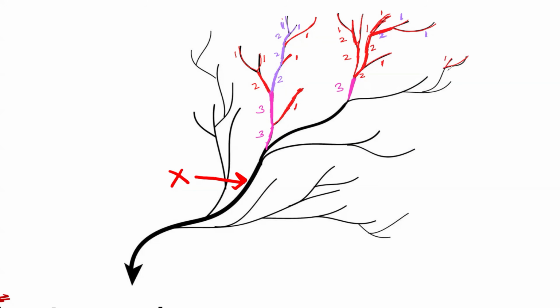So stream order 1, they form stream order 2. Combining it with stream order 1, they still continue being stream order 2 here. And then this stream order 2 is going to combine at the confluence with stream order 1. So it will continue being stream order 2. This will continue being stream order 2 no matter what. This is still stream order 2. And this stream order 2 plus stream order 3, what are we going to get? Stream order 3. It will continue being stream order 3, right? So this is stream order 3. Here's stream order 3. Here's stream order 3.